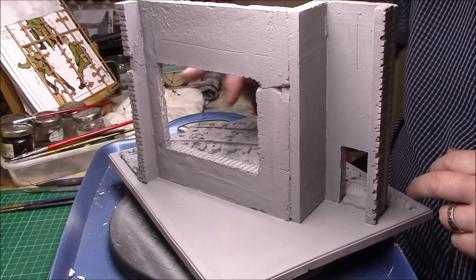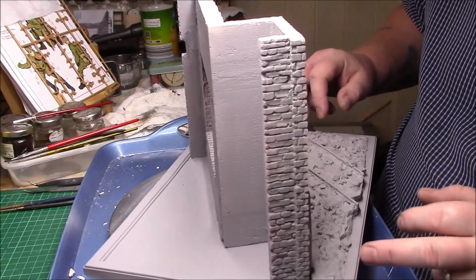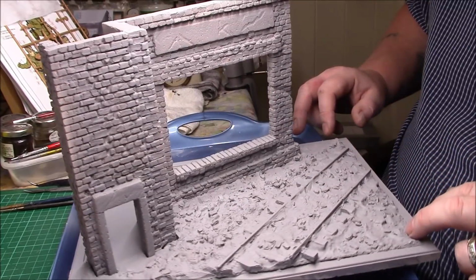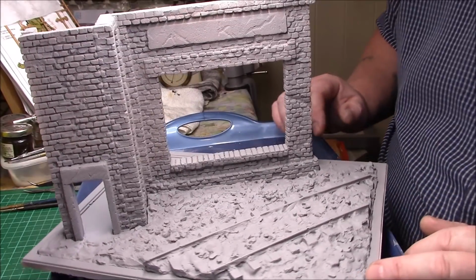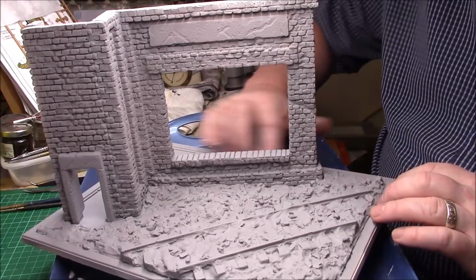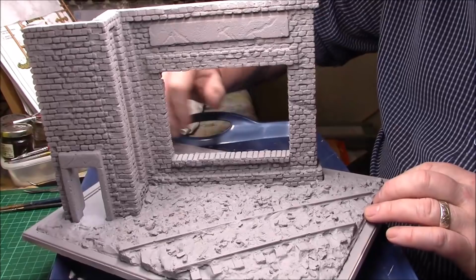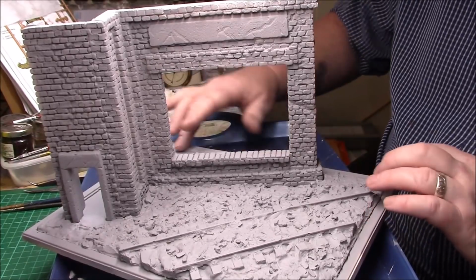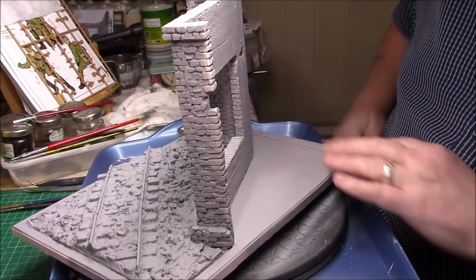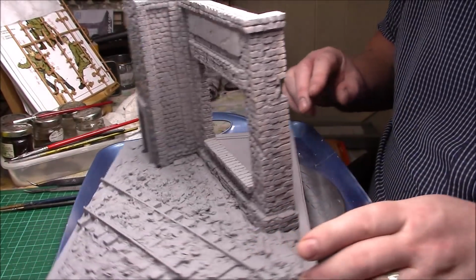I said a little bit of mist where you can go over it again with a brush or just thin it in. Not too much. I'm not really bothered about the little bits like that, but generally speaking, it's really taken quite well to the primer. So this is only one coat as well. I thought it was going to take at least two. But as you can see from the rear, obviously I have plans for this for the rear, as you've probably seen on the